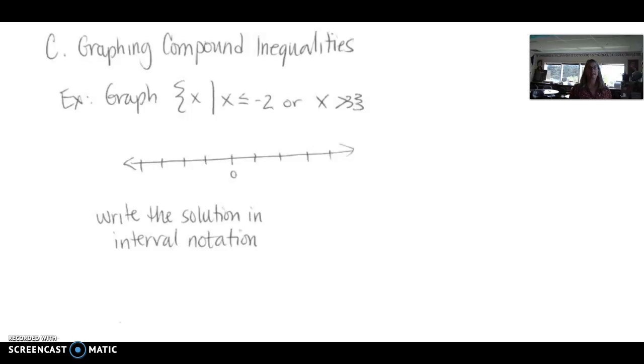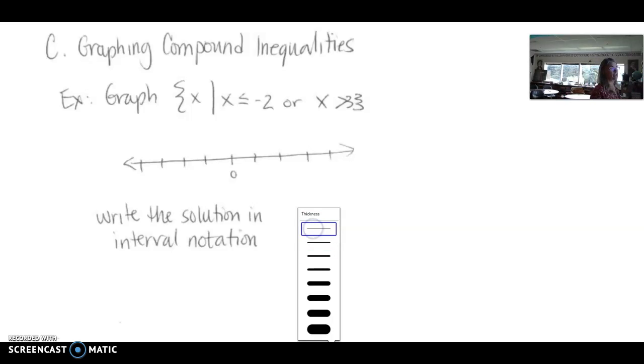Okay, let's take a look at how to graph compound inequalities. So when we're talking about compound inequalities, it involves more than one inequality. So let's look at this first example here. Graph